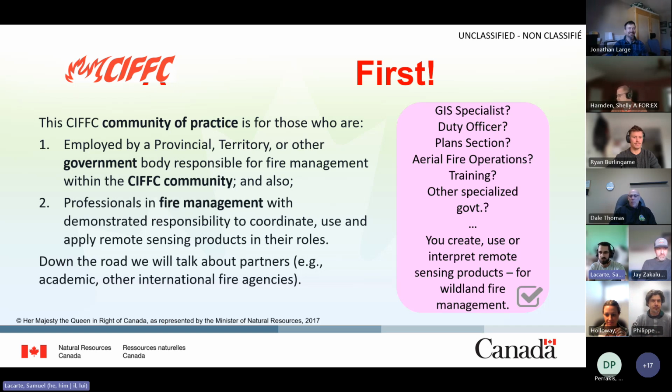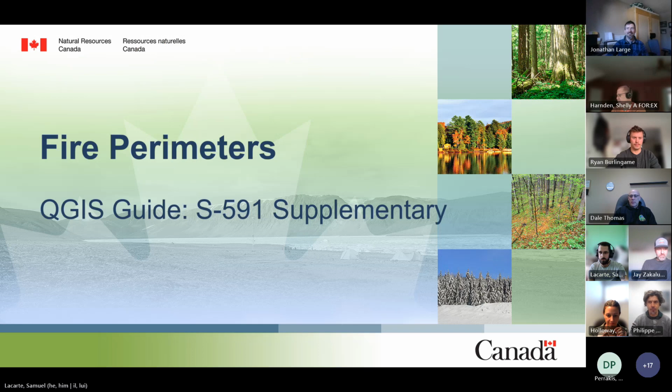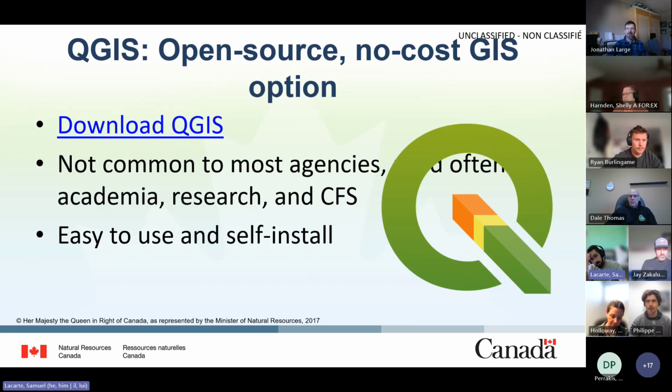So we will start off with fire perimeters. I'm going to do this first run through with QGIS. This is Quantum GIS. It's an open source, no cost GIS option. Oh, my logo's covering stuff. Don't worry about that. It's not really common in the agencies to my knowledge, but we use it a lot